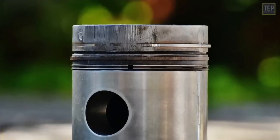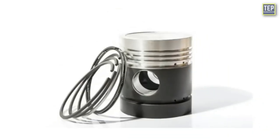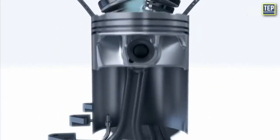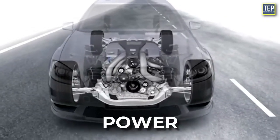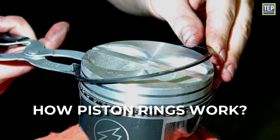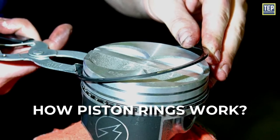Piston rings may seem like small, inconspicuous parts, but they are the unsung heroes of your car's engine. They perform a vital function that ensures your engine's efficiency, power, and longevity. In this video, we're going to learn how piston rings work and how they contribute to the overall performance of